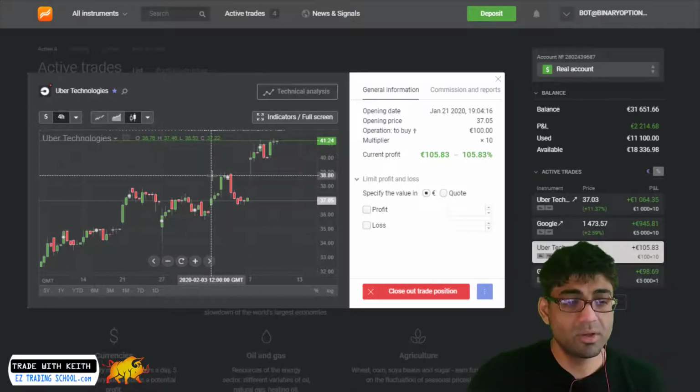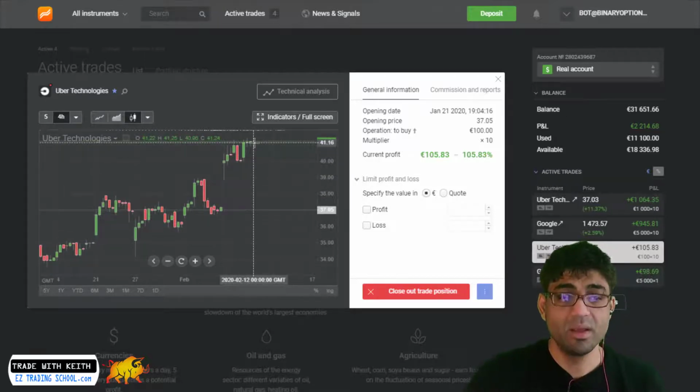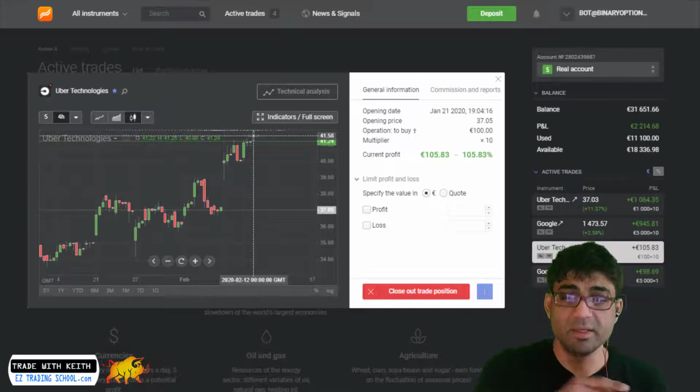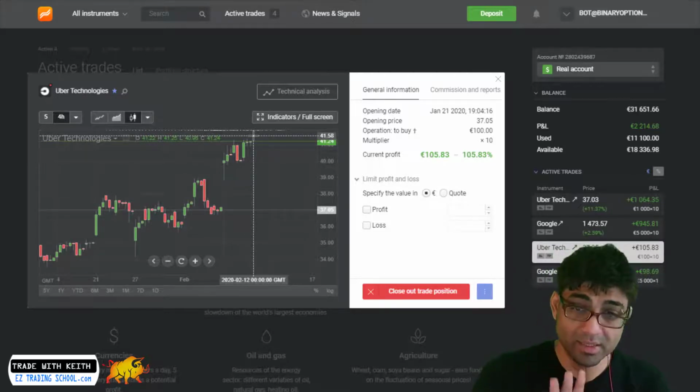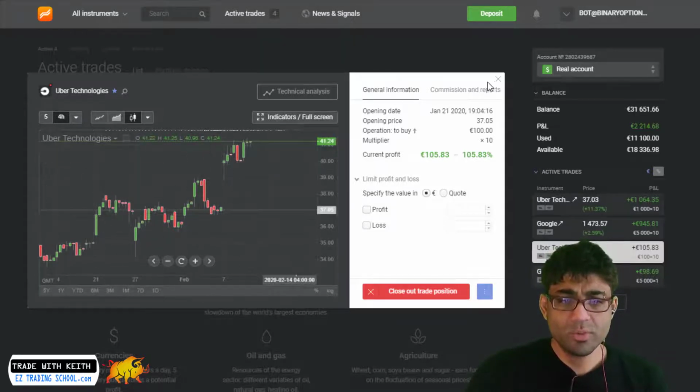I didn't sell it because I wasn't really watching it. It went down again, and now it's up here. Not doubled, 10%, and then 10 is the other multiplier. So that's how the doubling is working. That's what happened with Uber. Let's look at